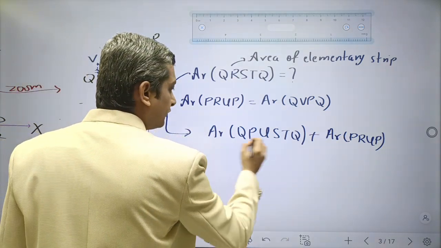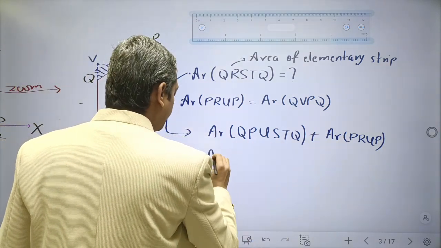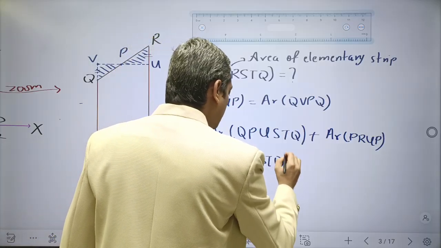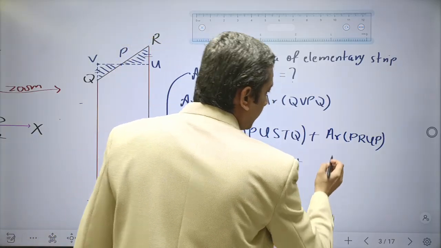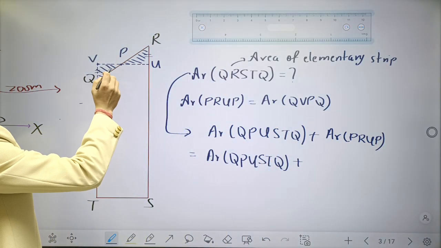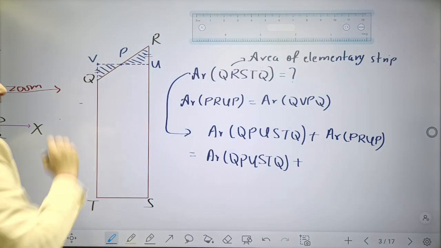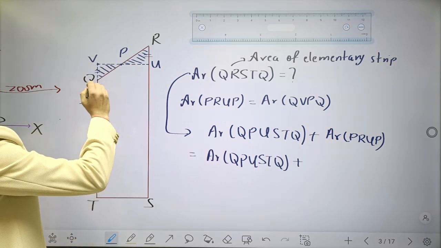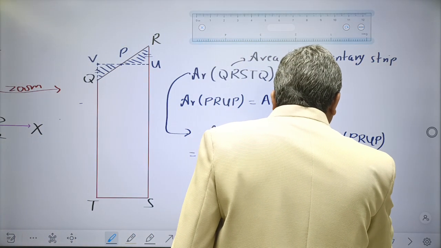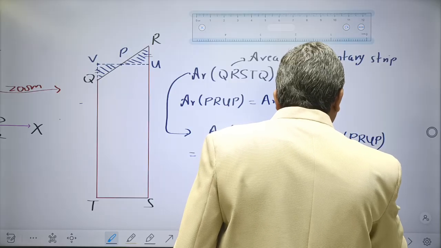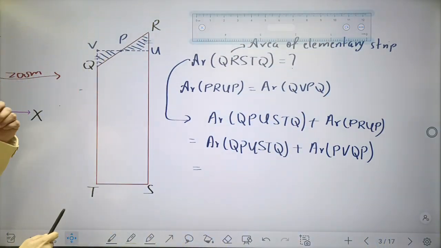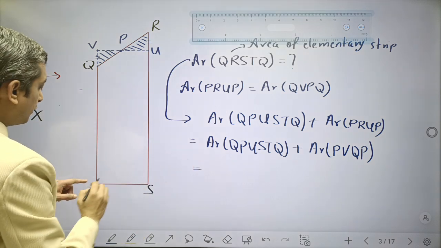And what happens, this area QPUSTQ plus, so instead of writing area PRUP, we can also write area PVQP, because these two areas are equal. So this will be area PVQP. Now what happens, if you observe carefully, these two areas, the summation of that is